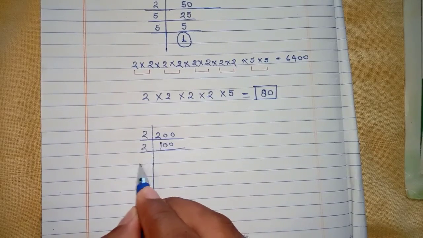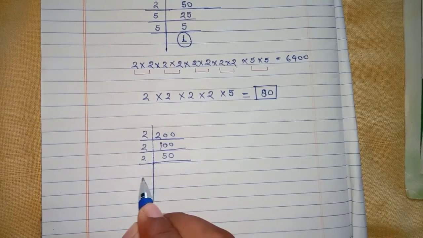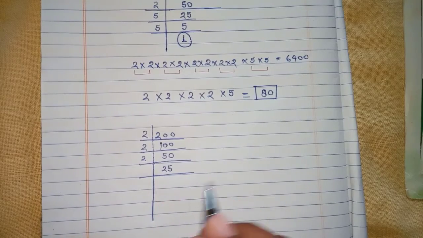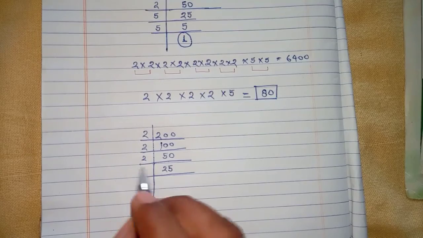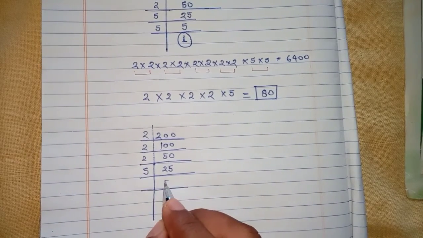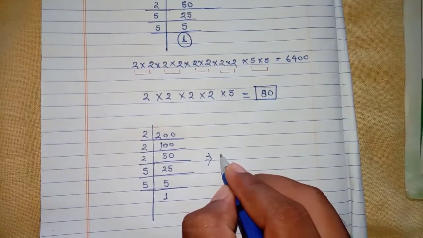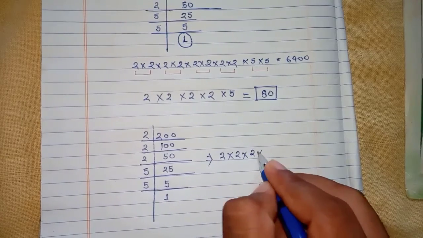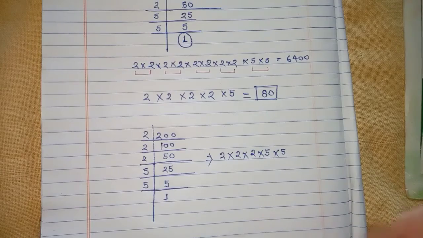It is divisible by 2, divide, and the quotient is 5. Again divide this, you will find 25. Now the number is not divisible by 2, divide this by 5, and the quotient comes 5. This time it becomes 1. So the prime factors are 2 into 2 into 2 into 5 into 5, and when you are making pairs